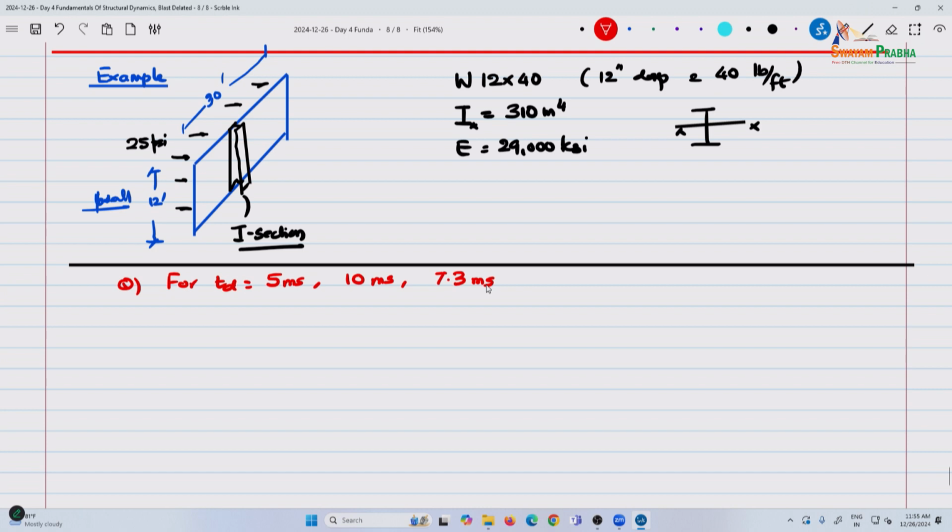So one is lower, higher, and you can go even if you want more than 10. Calculate the maximum value of dynamic deflection. And second is when